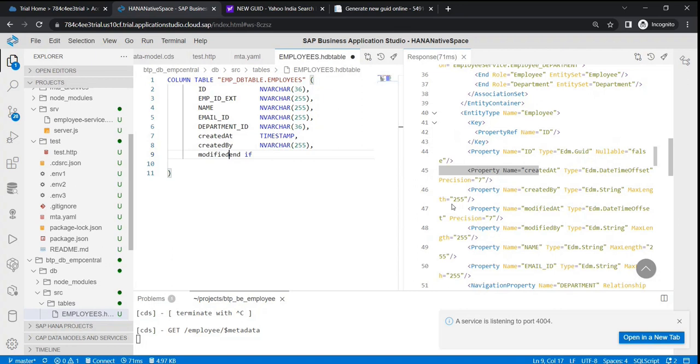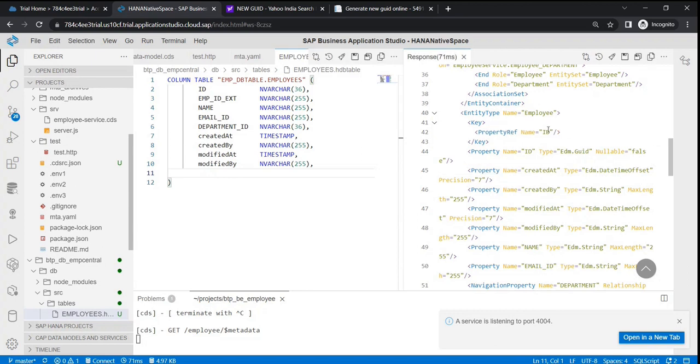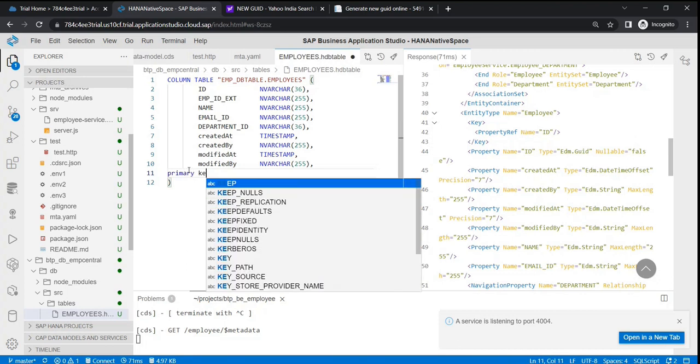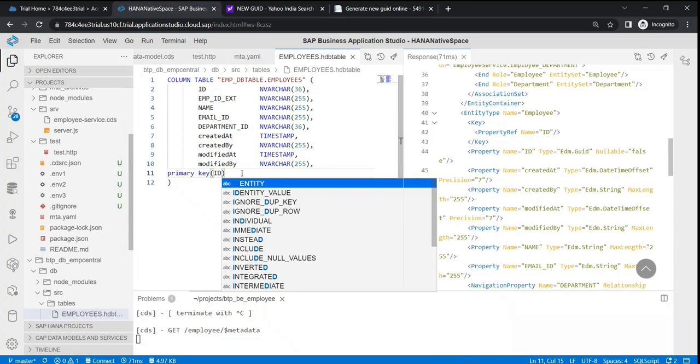I want the same for the modified at. Okay, so we generated a table which is having all this information. Along with that, whenever I am generating a table, it should definitely have a primary key. Here it is saying it is a key. So if I want to give the same information in a particular database table, I can say I do have a primary key. And here you can specify n number of keys separated by a comma, whatever you like. I do have only one primary key, so I am just specifying